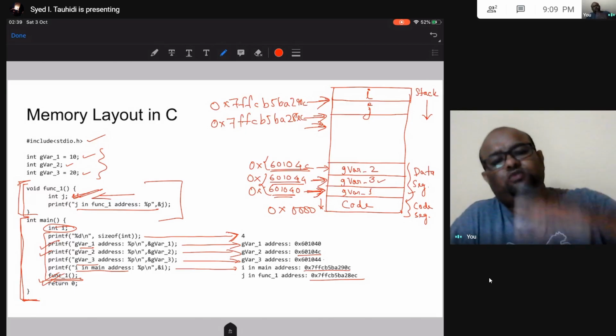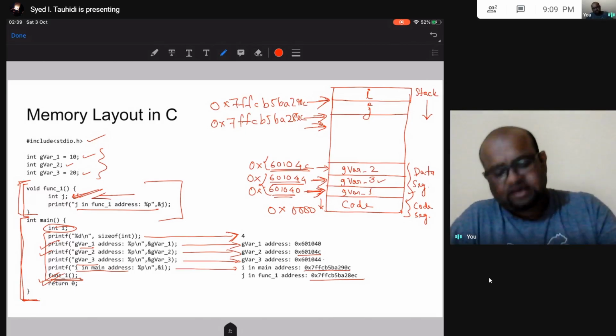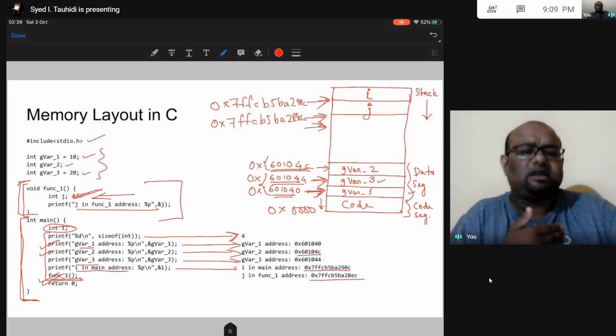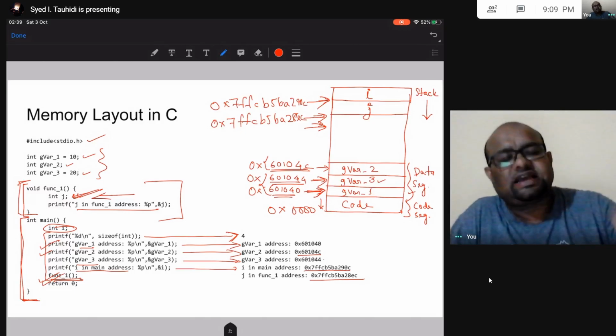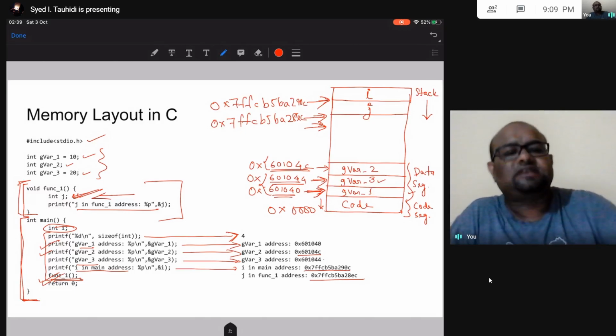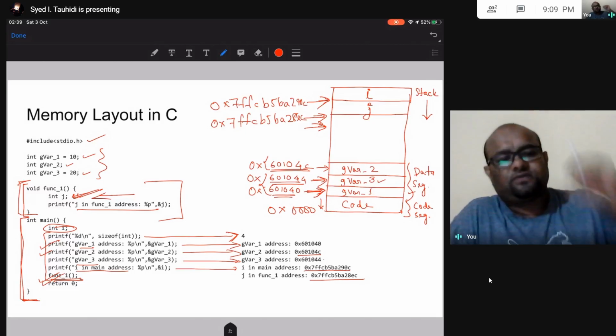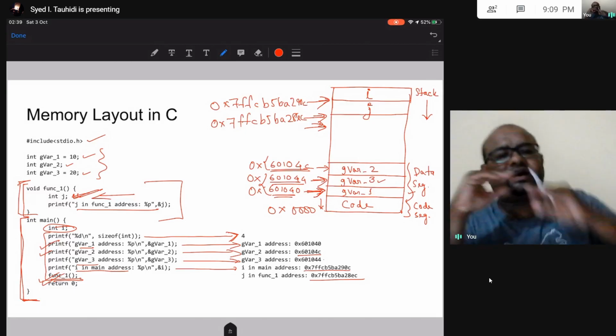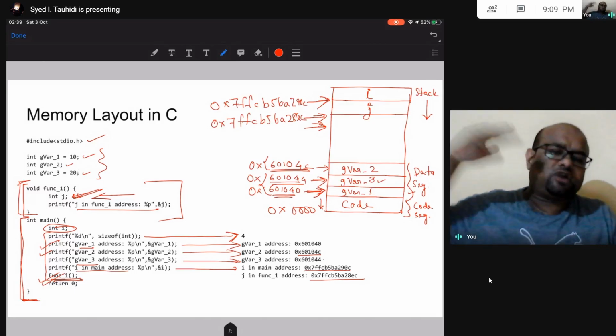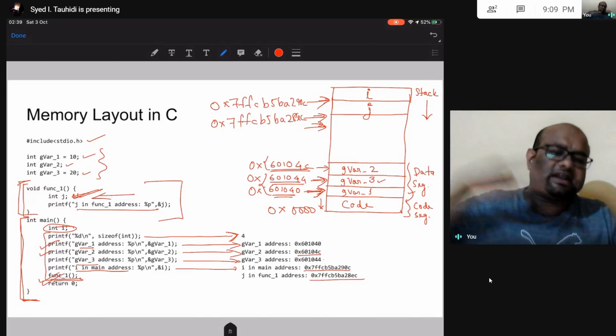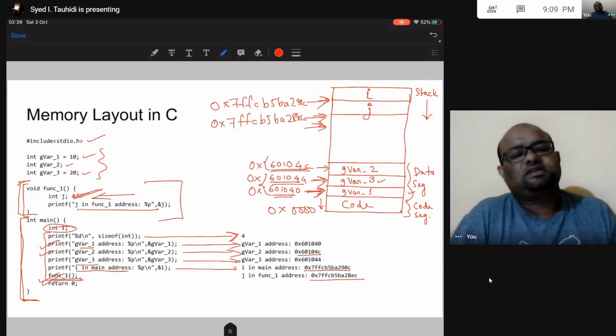As I put more and more things in the stack, the address of those things will keep decreasing as I keep pushing them. The first thing that I put will have the highest address. It will be at the top of the stack. Then the stack is going to grow downwards.